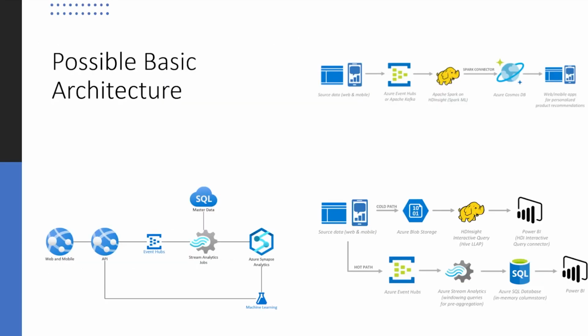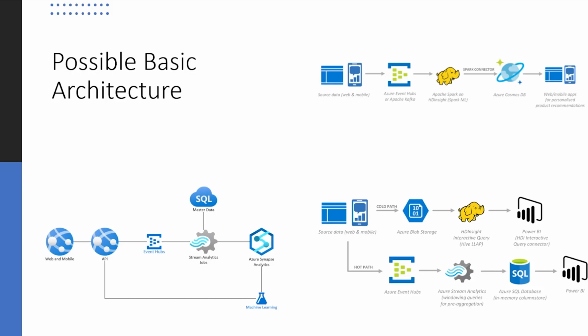Some of the basic possible architecture can be that there will be web and mobile platform APIs, which are sending all the event-related data to Event Hub, and Stream Analytics is performing its job. That job is referencing something from master data, and the output is being stored into Synapse Analytics, where machine